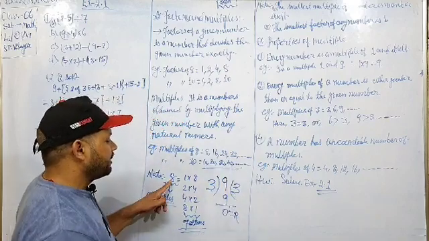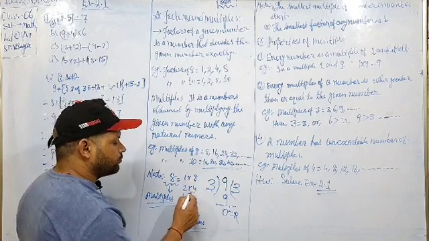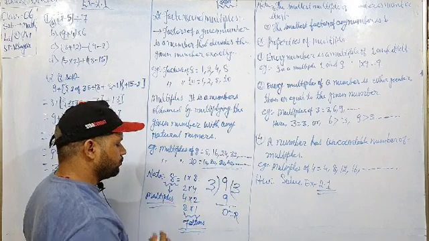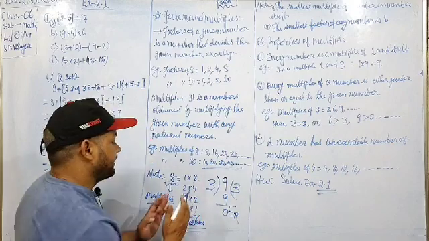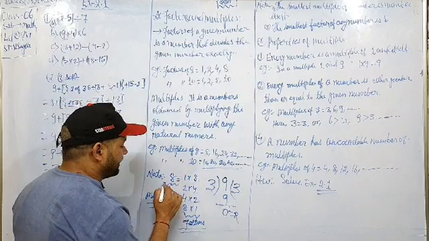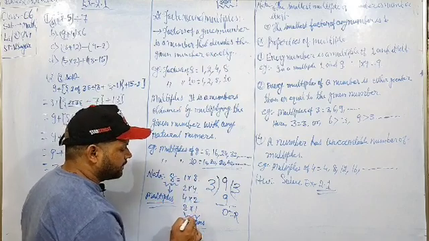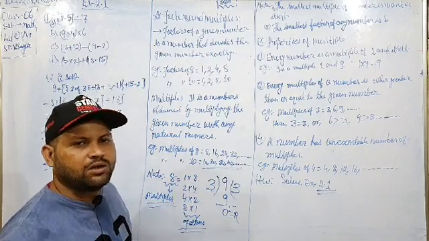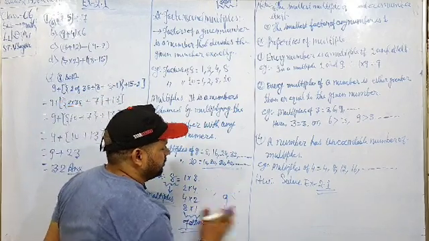Note, 8 is equal to 1 into 8. Here 1 into 8, or 2 into 4, or 4 into 2, or 8 into 1, these are the factors, and by multiplying these numbers, what do we obtain? We obtain multiples. So 8 is a multiple, and 1, 2, 4, 8 are factors. Understood? Try to understand these things completely.